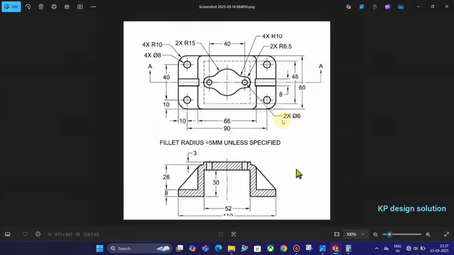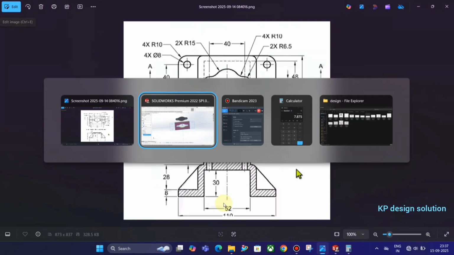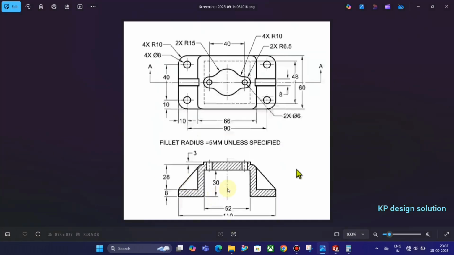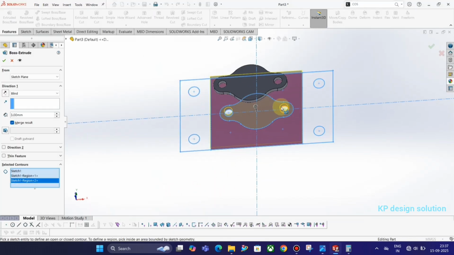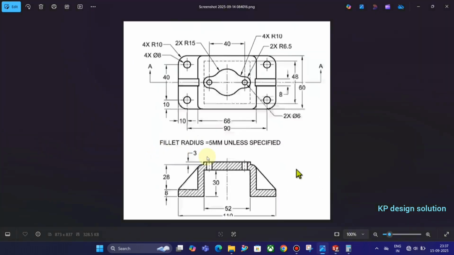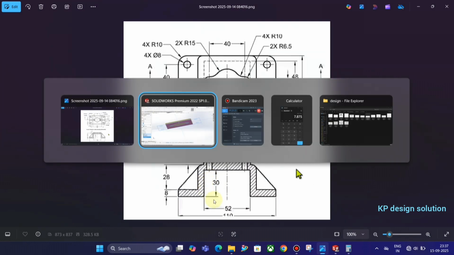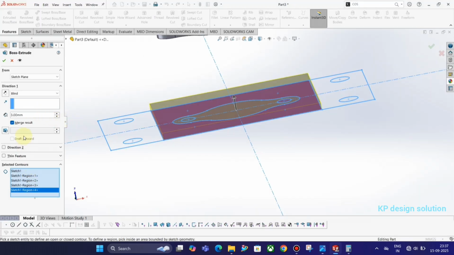Guys, do you understand why I make this profile like this? Because it is 3 mm and not related to the rectangle, so I made this. If there is another option, I will complete extruding this rectangle, and again use another command to cut out, so it becomes more typical. So I first extrude this, then I extrude my rectangle,